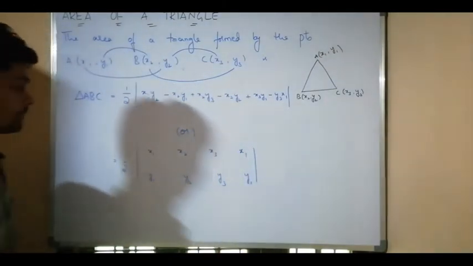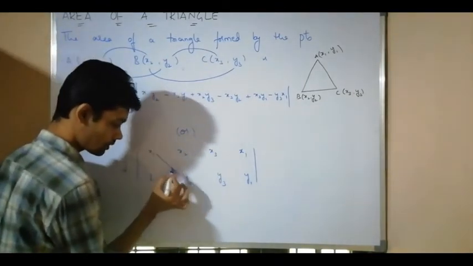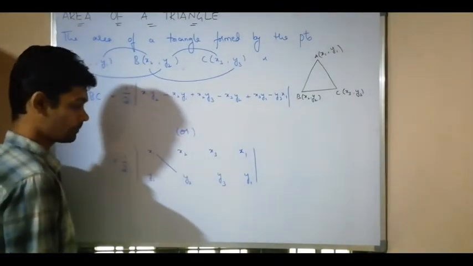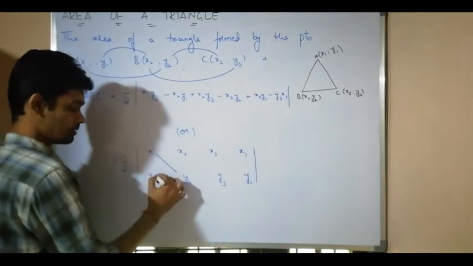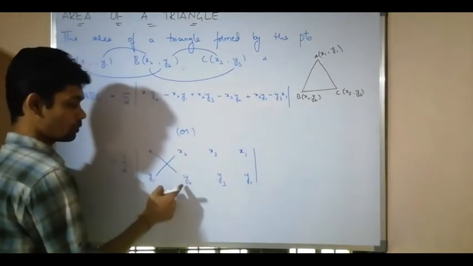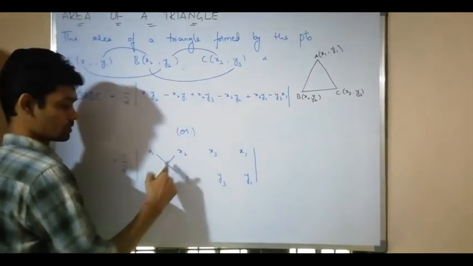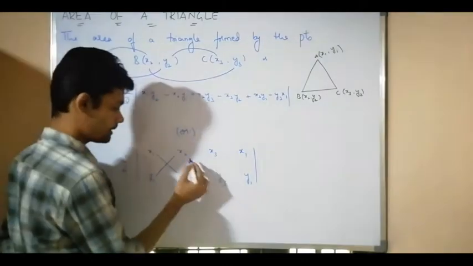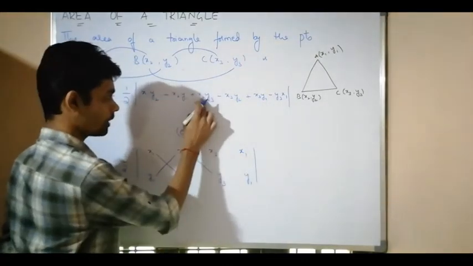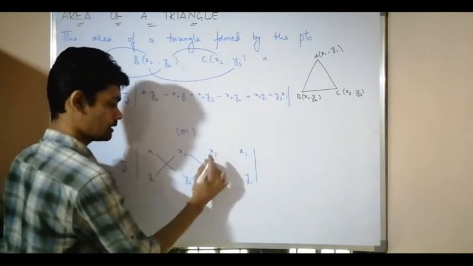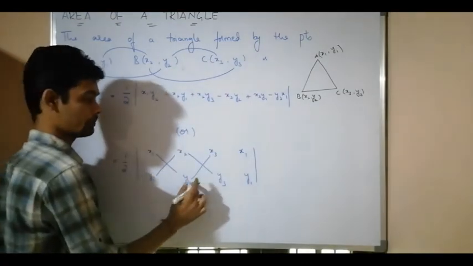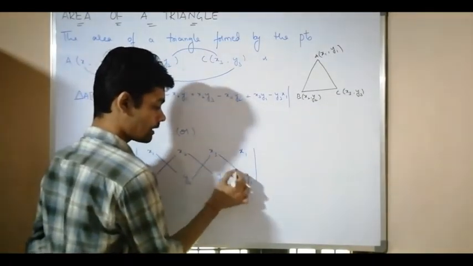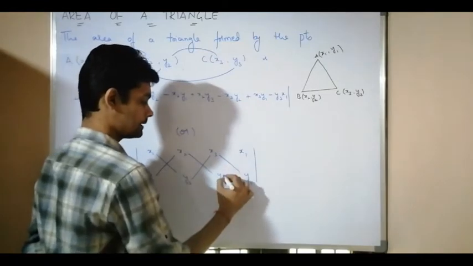Now cross multiply, x1 y2 minus x2 y1 plus x2 y3 minus x3 y2 plus x3 y1 minus